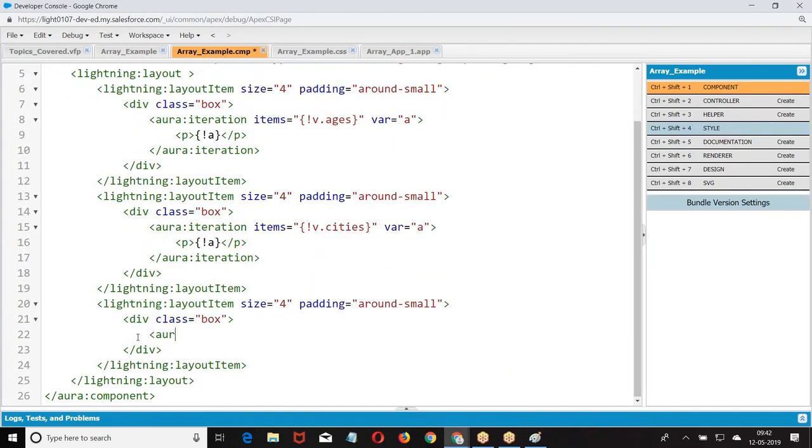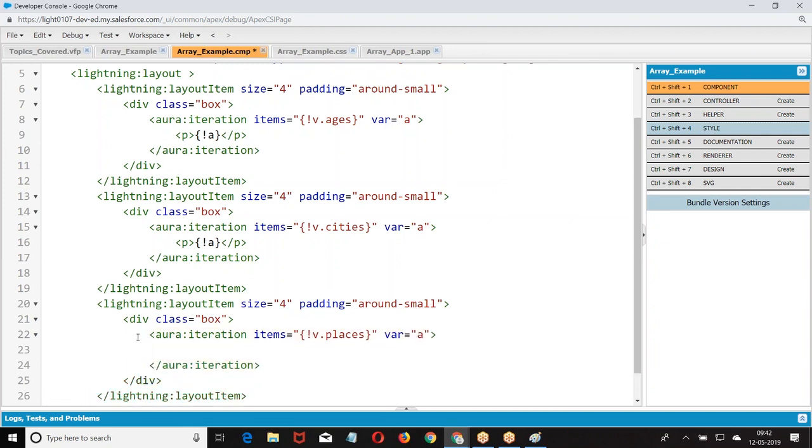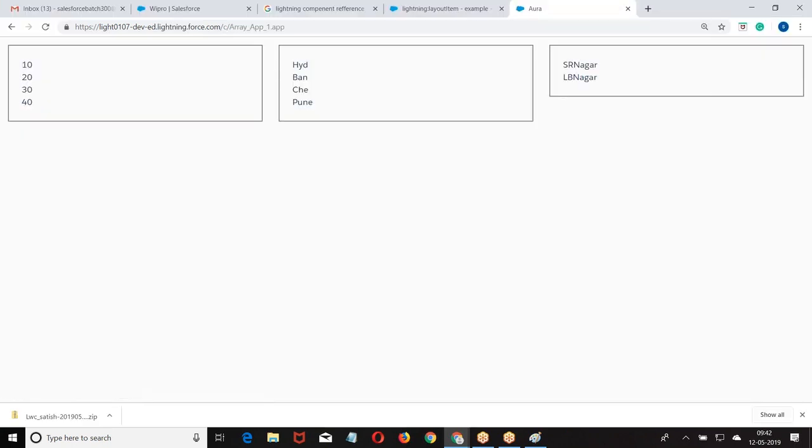The third one we have. So here I want to convey whether it will take a list value, a set value, or an array value or not. I want to convey that iteration will take a list value, array value and set value. This is how we got it. Now, why I have mentioned here: if you generally go with page block table, data list, repeat, they only take list or map. They don't take set. Whereas here the iteration will take list, set, map, array.